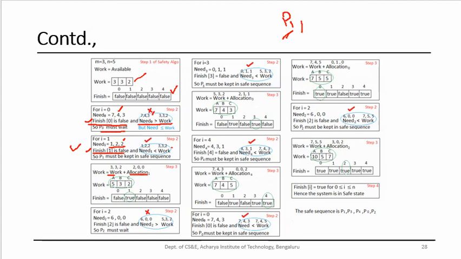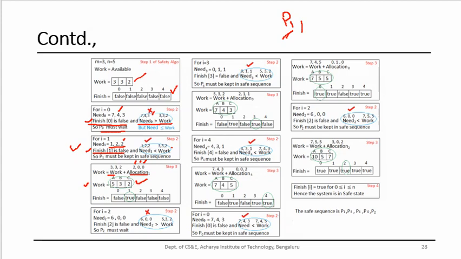What was allocated to P1? That is 2, 0, 0: two instances of A, 0 instances of B, and 0 instances of C. So this 2, 0, 0 is added to work. So what happens to work now? It becomes 5, 3, 2.